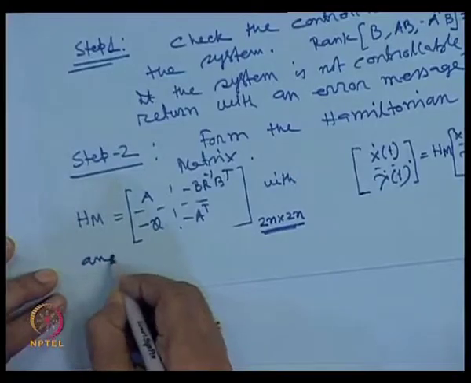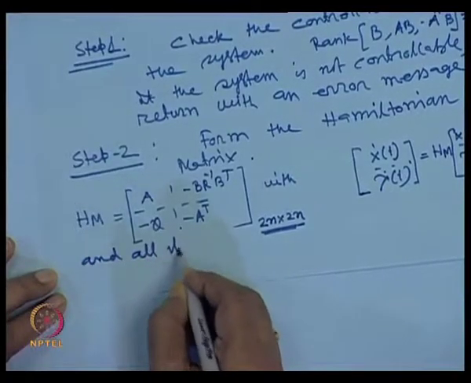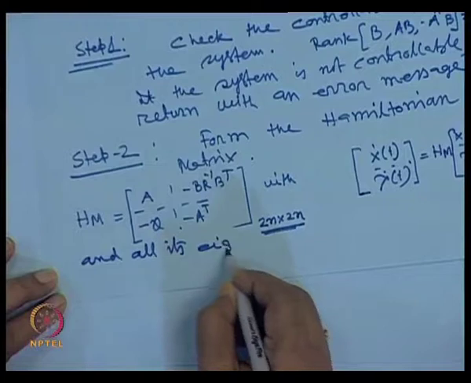That means n eigenvalues are stable and n eigenvalues are unstable, and they are symmetric about the imaginary axis. So, this is the Hamiltonian matrix and all its eigenvalues